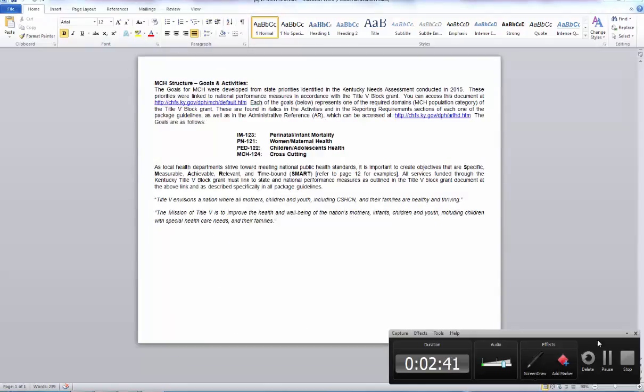MCH structure, goals, and activities. The goals for MCH were developed from state priorities identified in the Kentucky Needs Assessment conducted in 2015. These priorities were linked to national performance measures in accordance with the Title V block grant. You can access this document at